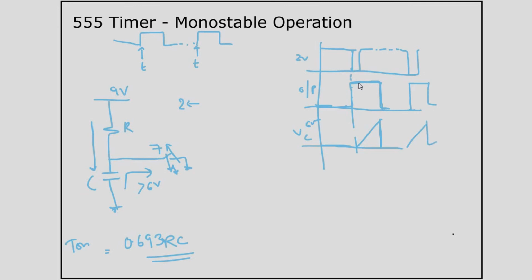And here, during this process, if you repeatedly re-trigger, nothing will happen. The repeated re-triggering will not work. So once you give a trigger, only after the output becomes low and the capacitor discharges will you be able to re-trigger it. Until then, in this duration, re-trigger will not work. So now let's quickly simulate this on Proteus and see how it works.